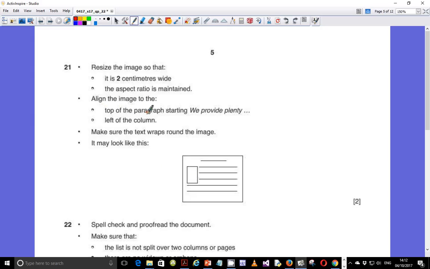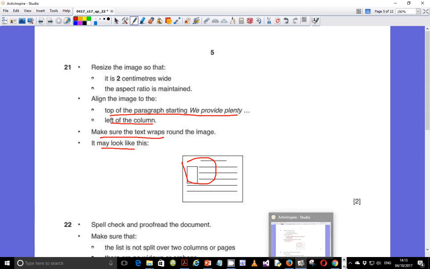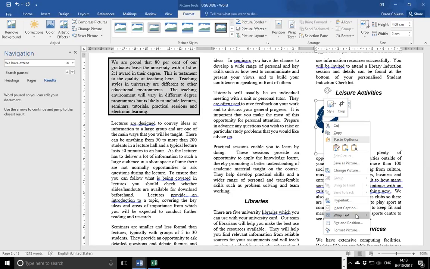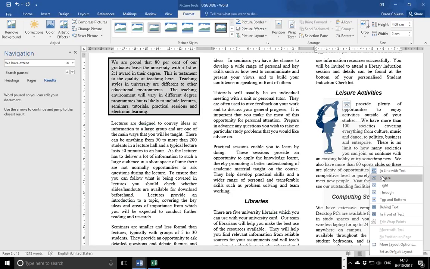align the image to the top of the paragraph. We already did this one. Top of paragraph starting, we provide plenty. Then it should be aligned to the left column. We already did this because we put the image at the beginning of the first sentence in the paragraph. So this is already done. So make sure that the text wraps around the image, and it may look like this. Okay, so it may look something like this. So let's go ahead and wrap the image. So just go here, select the image, and select text wrap, and go for square. Okay,